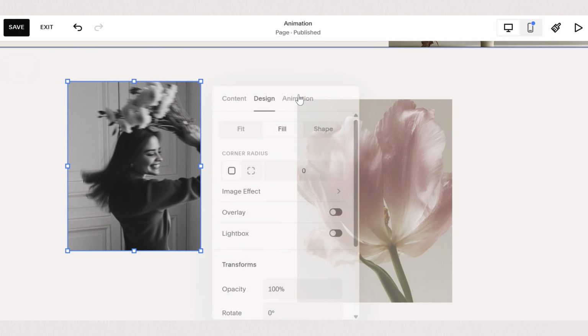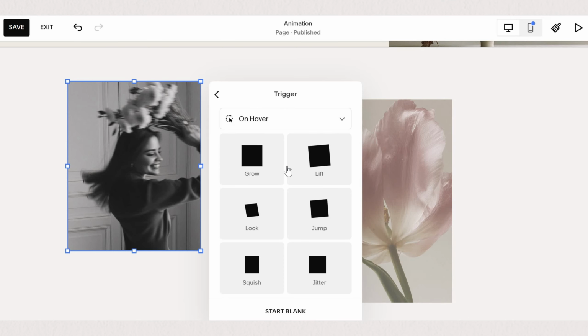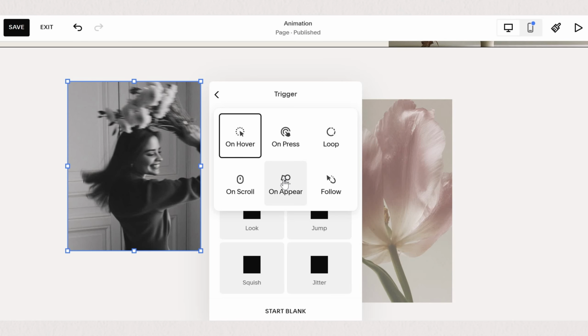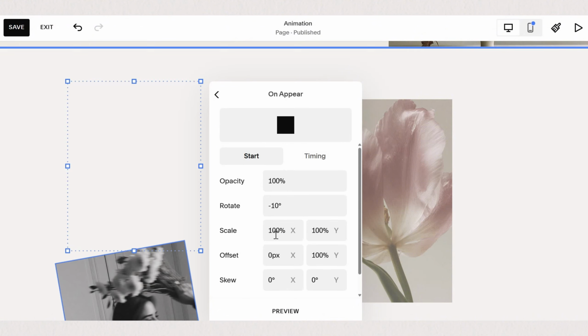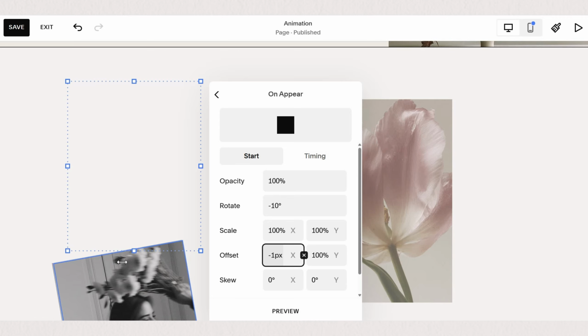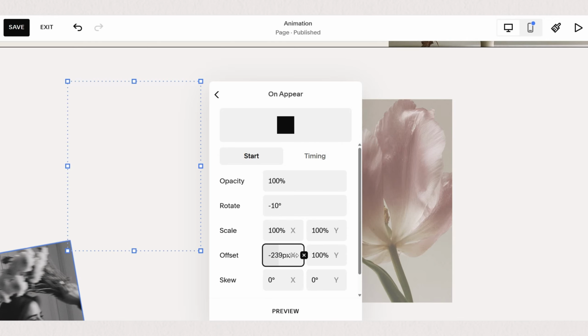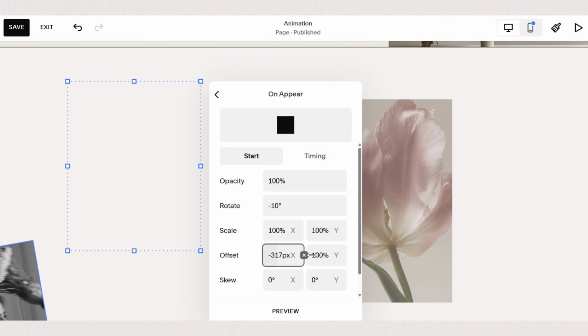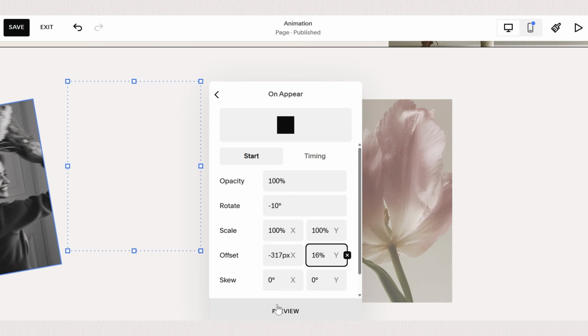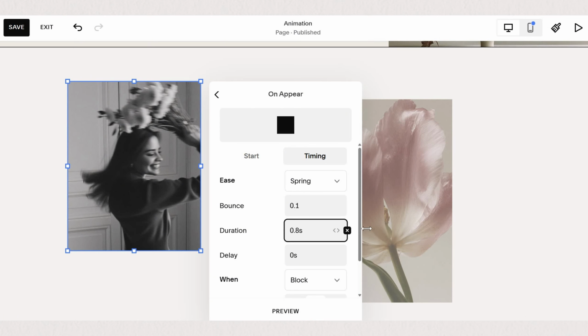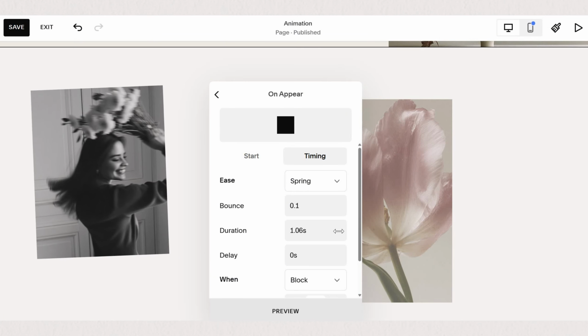Okay, let's try something else. Let's play around with the trigger on appear, where you'll find the options to make your image pop, slide in, drop down, reveal, stamp, or zoom. In this case, I want my image to slide in from the left of the screen, so we can adjust our starting point here. Let's change the offset so the image lays just off our screen on the left. Maybe keep the slight rotation and make it just a bit slower for that smooth transition. Okay, so now if we refresh and preview,